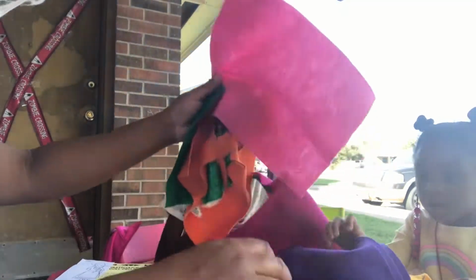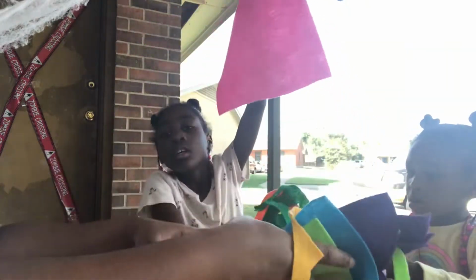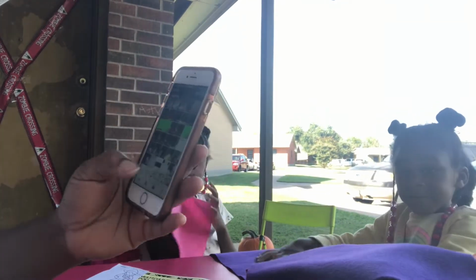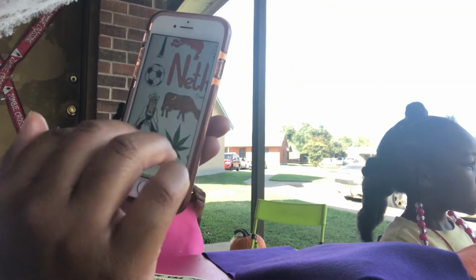Okay, y'all, so we have some felt, different color felt here. I want the pink one. We don't need all of this. I'm actually about to show you what the lady wears. So I got some pictures offline, y'all. This is some collages. I just got 3. I don't like to give them too many choices. And we're going to keep it real original